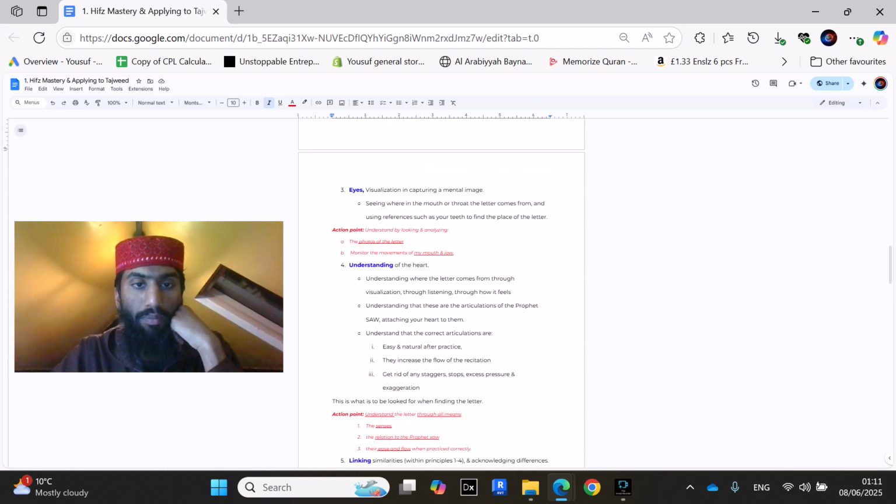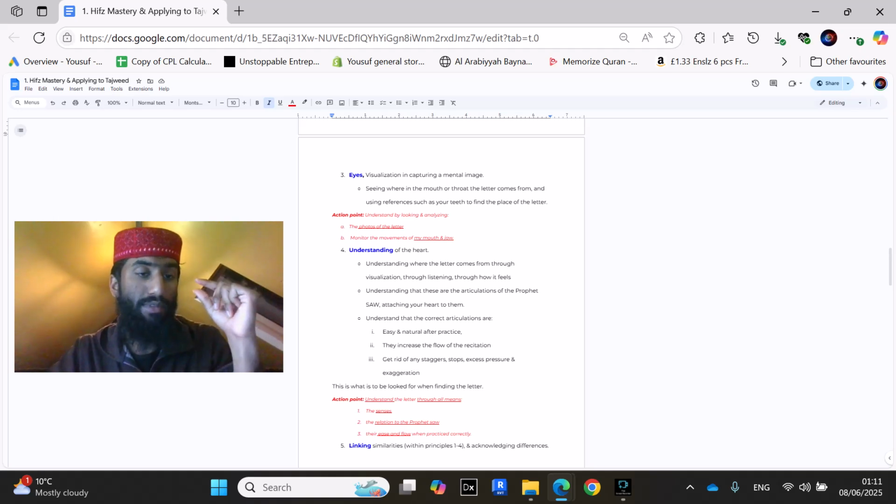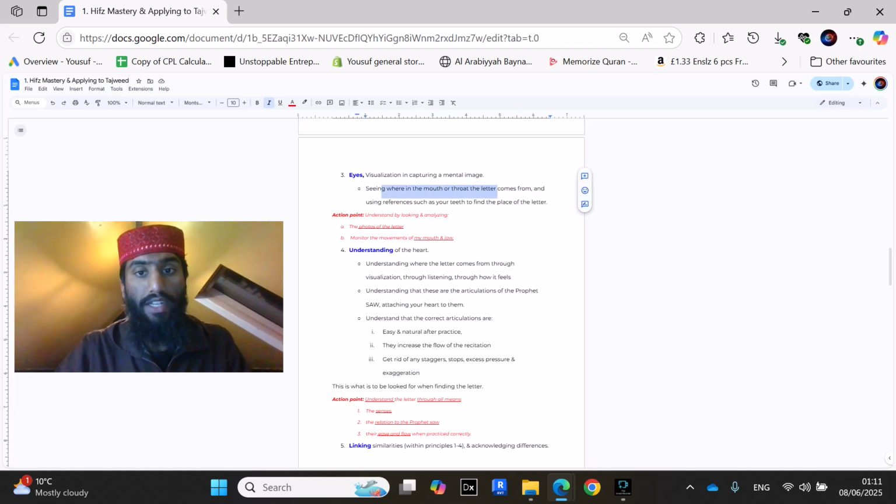Okay. Now, thirdly, eyes. Visualization and capturing a mental image. Now, we don't need that to be able to say letters. We don't need to think of how it looks, right? Because we're not reading from something. But it helps you to be able to know and understand where in the mouth or throat the letter comes from, using references such as the teeth as well to find the place of the letter, for example, if you need that, right? So, action point, understand by looking and analyzing the photos of the letter,